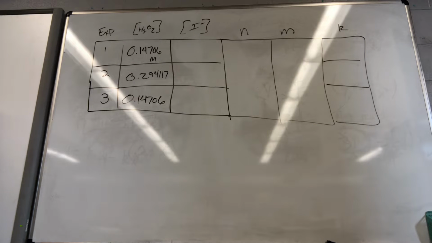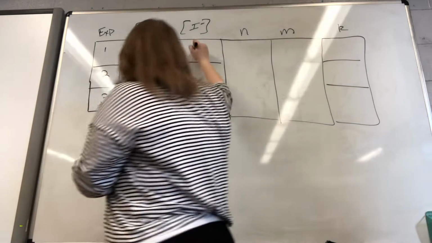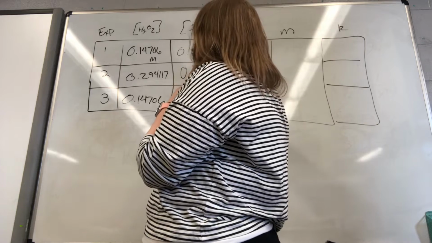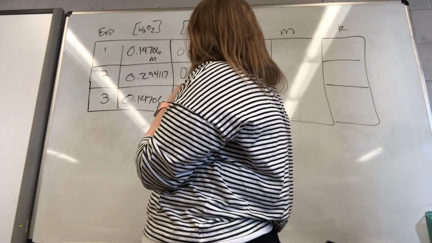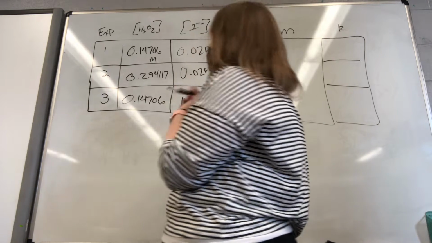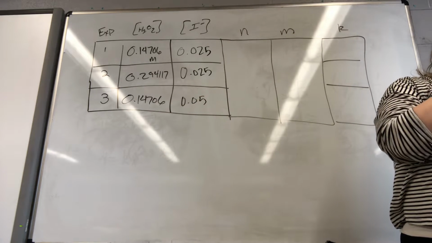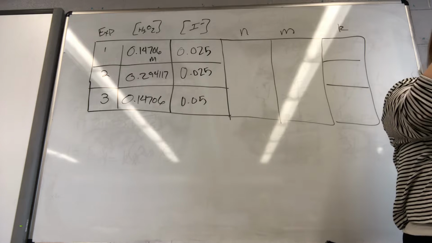How about the concentration of I minus in experiment 1? Anybody? 0.025. Nice. Experiment 2? 0.025. And then experiment 3. 0.05. All right. We are building one of those tables from chapter 14 where we examine what happens from experiment